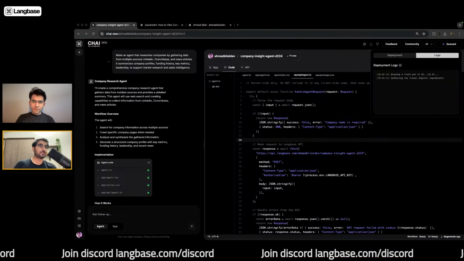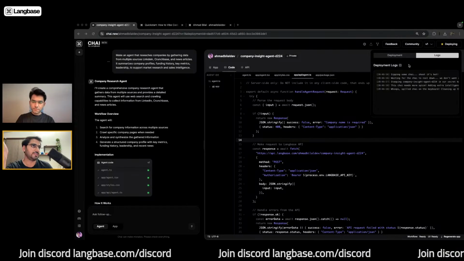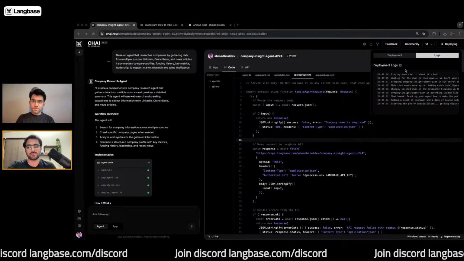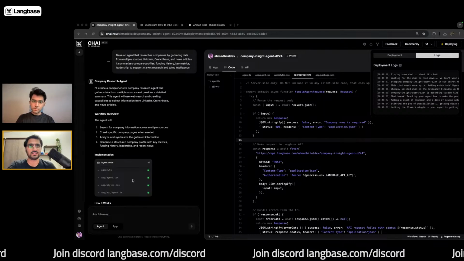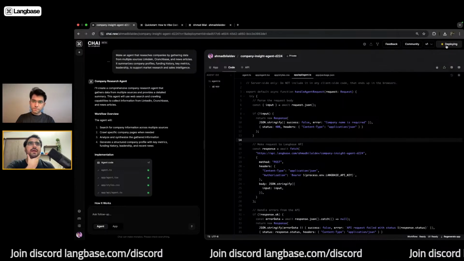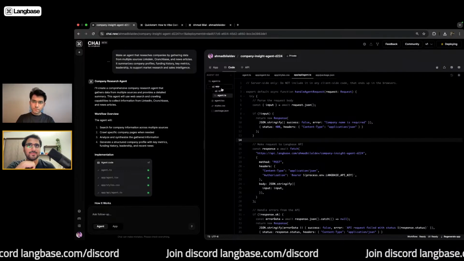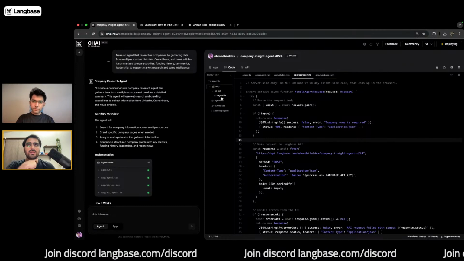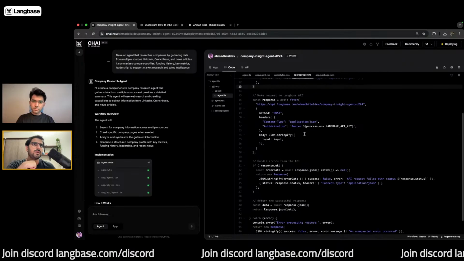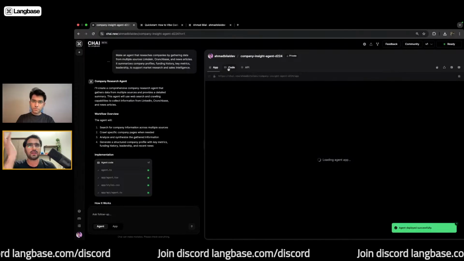As it is deploying, it's going to show you the deployment logs, and this is where you can potentially see if there are any deployment errors, and you can fix those deployment errors with Chai as well. So that's pretty neat. While it deploys, I want to go back and jump into the app folder. This is where your agent app's code would live. It is basically divided into three parts. The API endpoint, this is where your API requests to the agent logic as well as error handling will live.